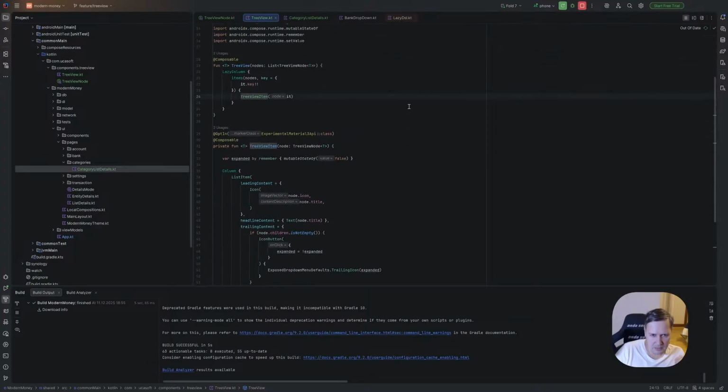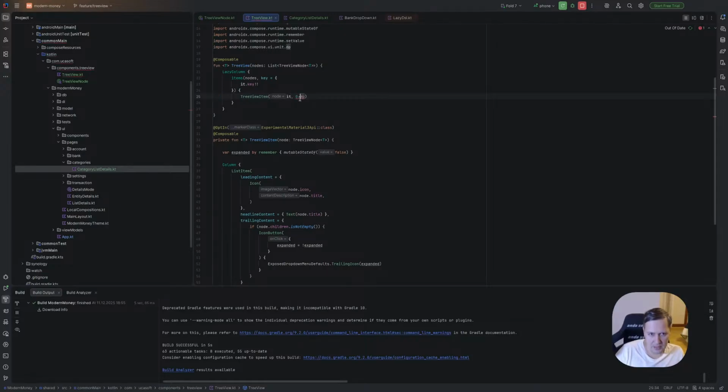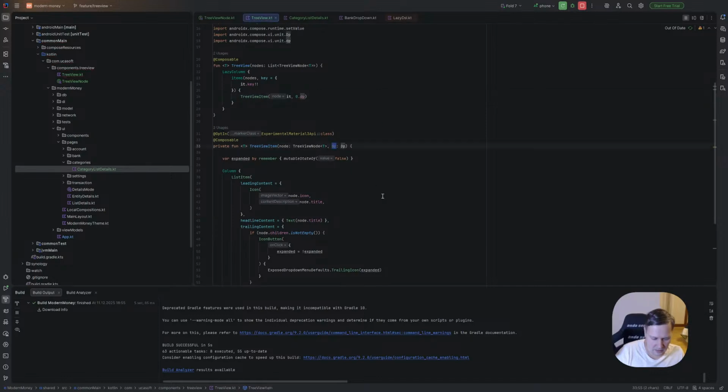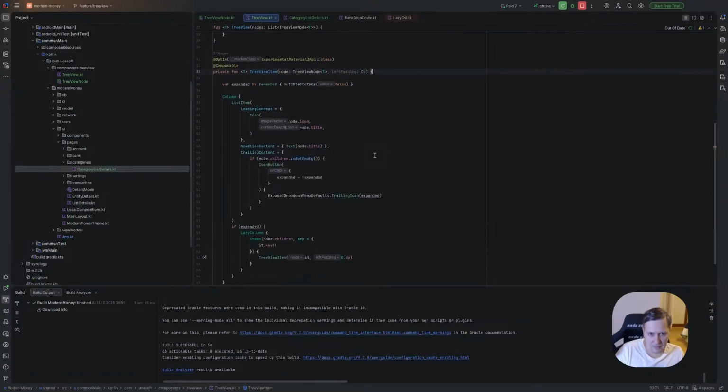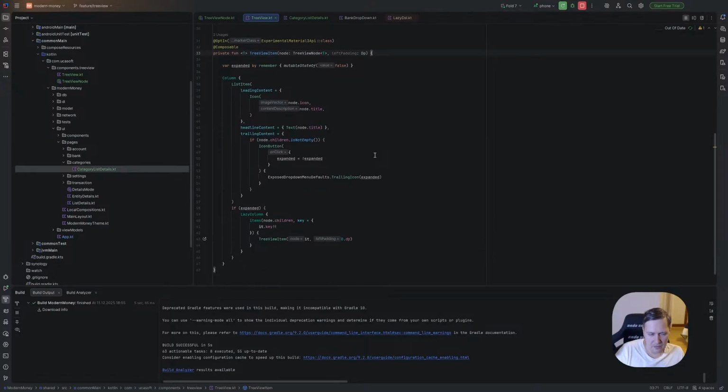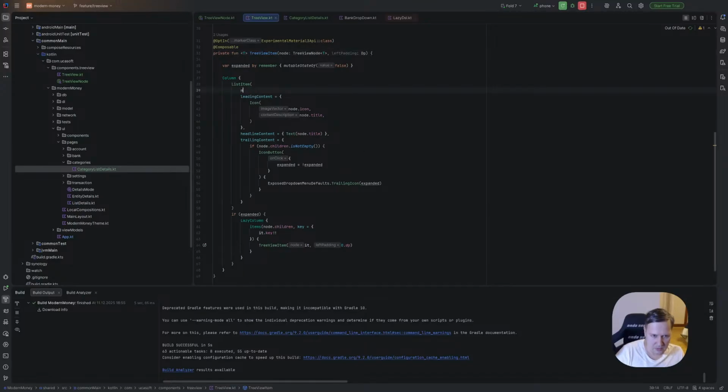But what I'm thinking about, we need left padding. And here by default it should be 0.dp, so there is no padding at all. And here it will be left padding. But for each item in the list we need to provide a modifier.